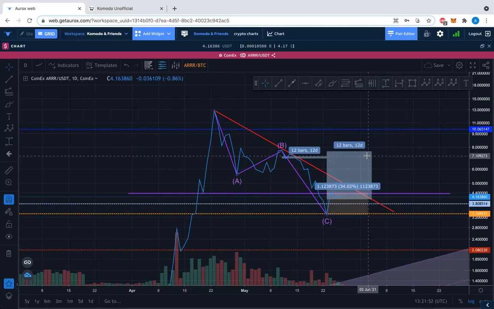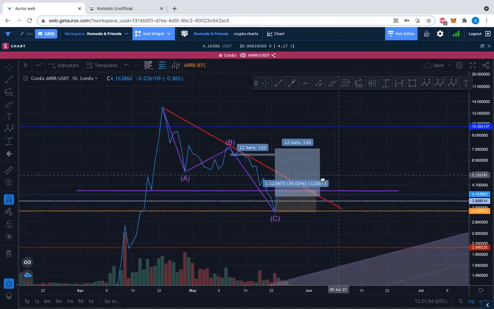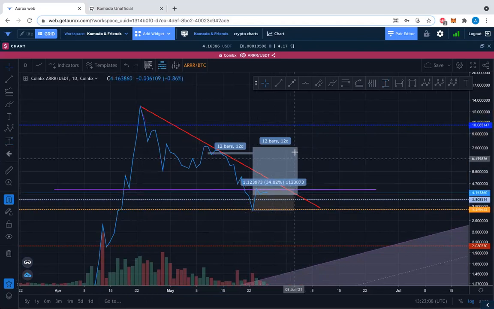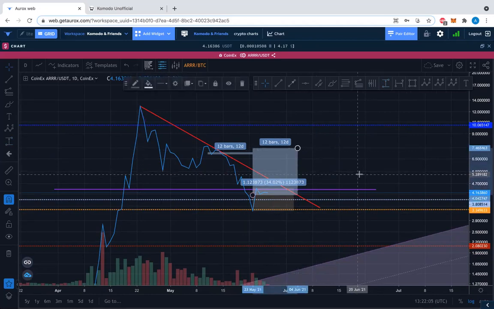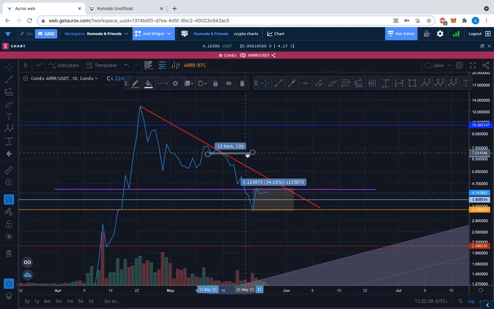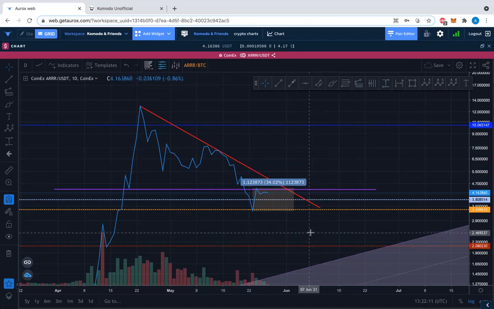But hey, doesn't matter. None of this is advice. So what does that mean? Well, I would say if it is going to happen, it's definitely going to happen on the dollar chart compared to the BTC chart. If I'm going to say it's not going to happen, I'm more so going to say that it's not going to happen on the BTC chart. I can see it happening on the dollar chart.